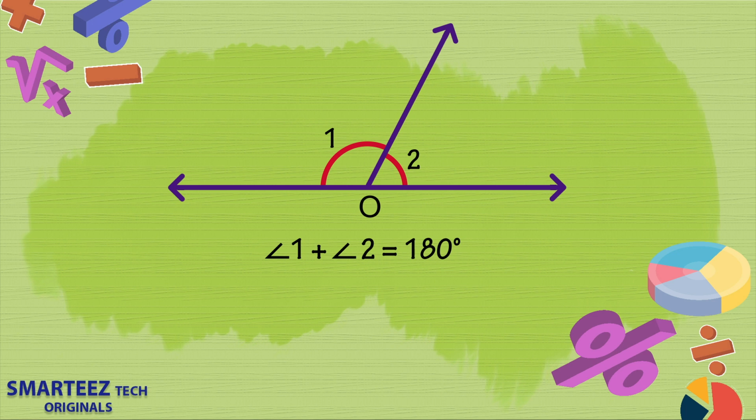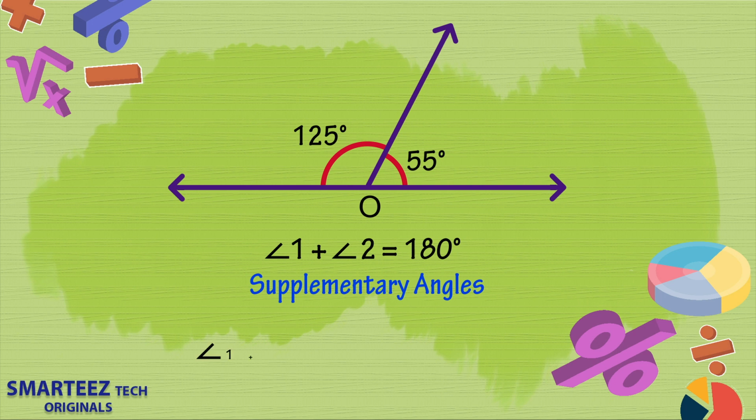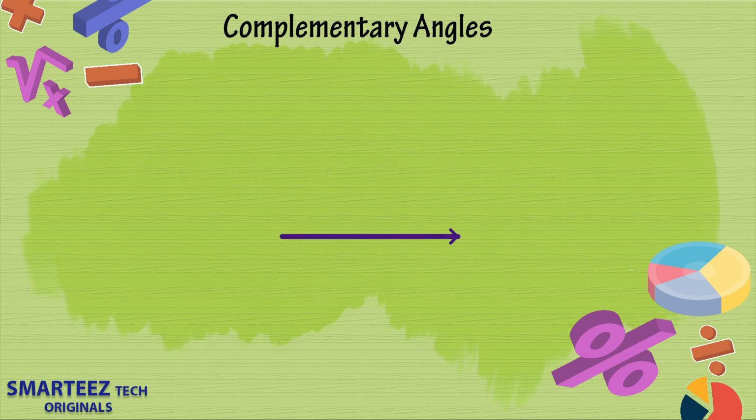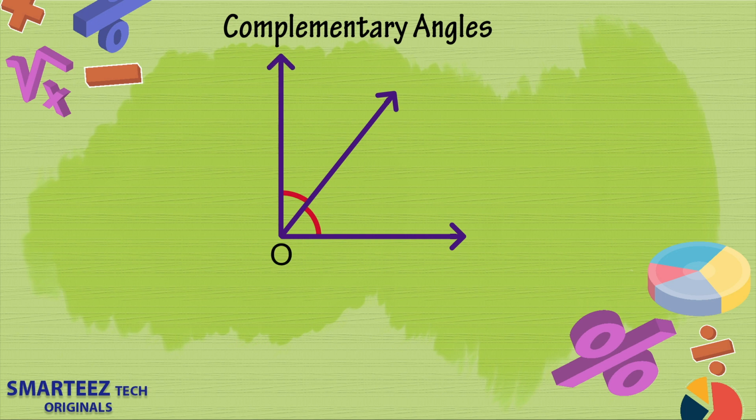If angle 1 plus angle 2 equals 180 degrees, then they are called supplementary angles. So if angle 1 equals 125 degrees and angle 2 equals 55 degrees, the sum of angle 1 plus angle 2 equals 125 plus 55, which equals 180 degrees. Conversely, if we know two angles are supplementary angles and one angle is given, then the other angle can be computed. Complementary angles. If the sum of any two angles is 90 degrees or right angle, they are called complementary